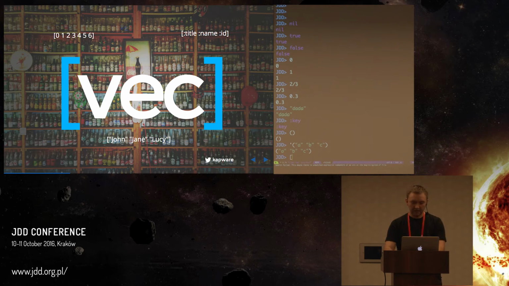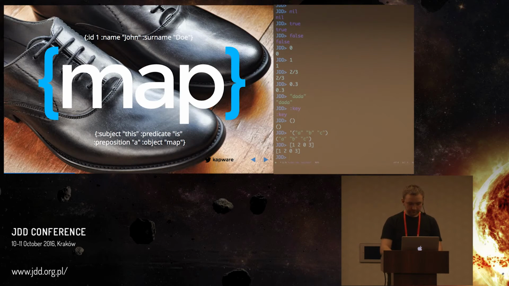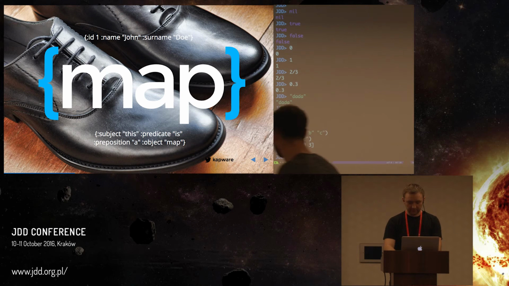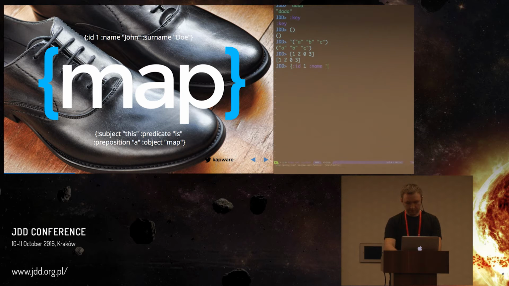Lists are like linked lists, and vectors are like array lists. Okay, so we can have an example vector. And then of course we have maps that hold tuples. So let's have an example like you would take from a database, like ID, name, which is an example string,